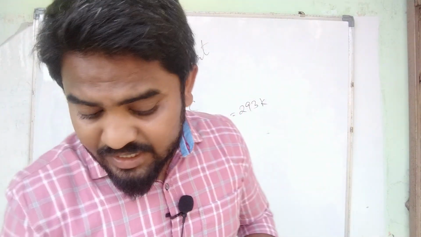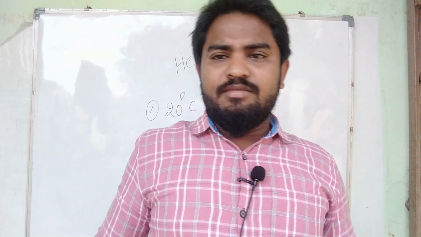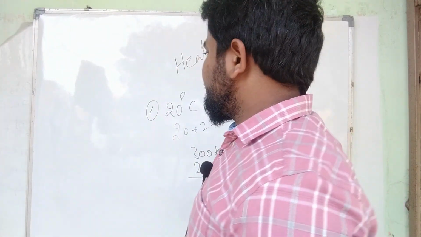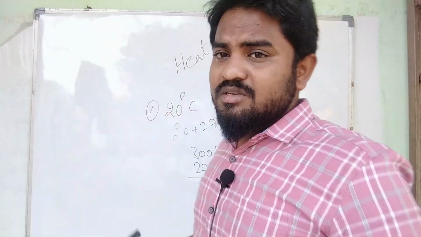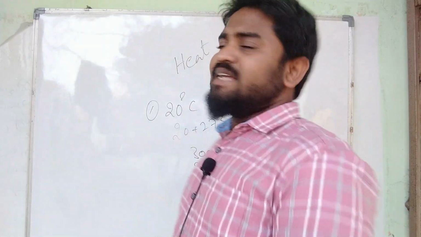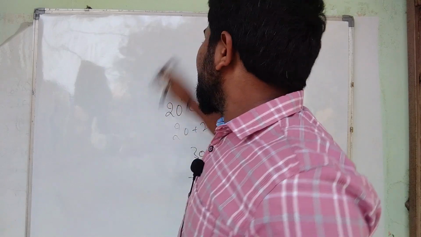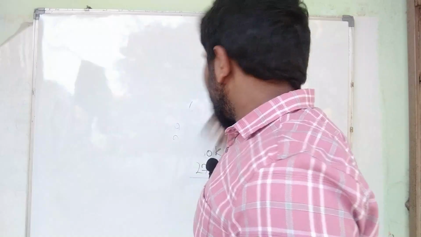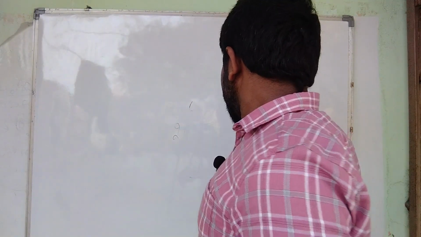So now let's enter into the next keyword about heat. Up to now we discussed the temperature and conversion of the temperature. The next step is heat. Here you know very well the definition of heat. Heat is a form of energy that always transits from hotter body to cooler body. What does it mean? When you keep two objects in contact, one a hotter body and another a cooler body,